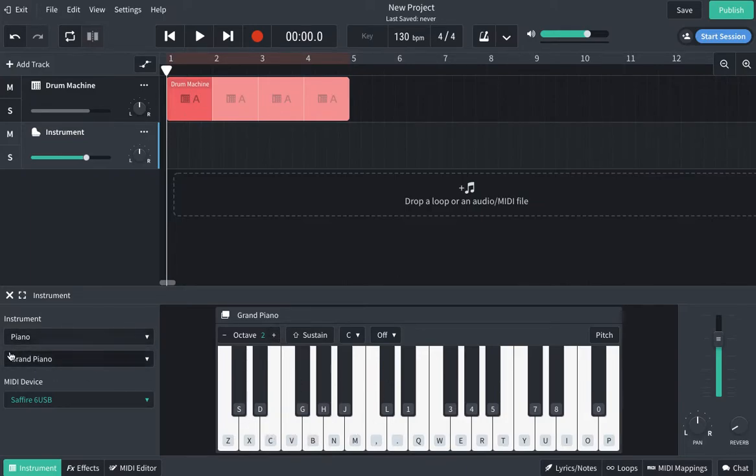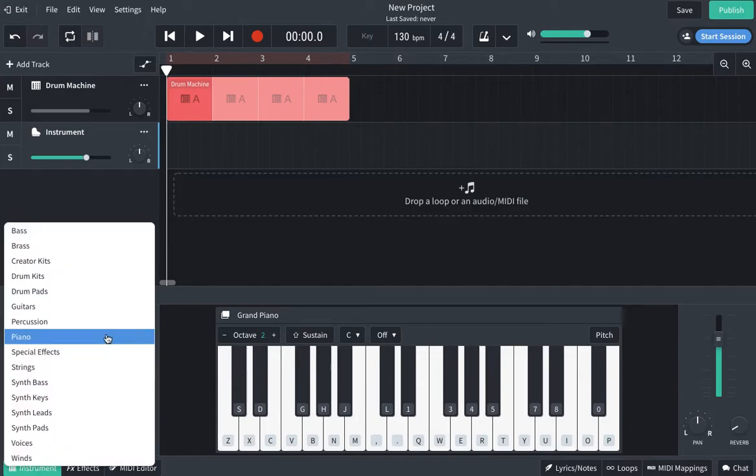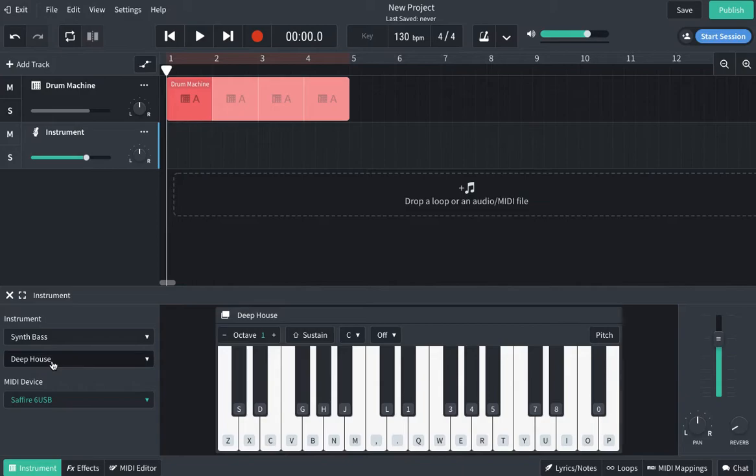So the actual sound that you're listening to is selected on the side here. At the moment, we've got a grand piano, but we're now going to choose some bass parts. There is a bass section, but this is usually bass guitars that are really good for use in rock music, pop music and stuff like that. We're making dance music, so we're going to use the synth bass section, which gives you some electronic synthesizer bass sounds. Click synth bass, and then when you press the keys,